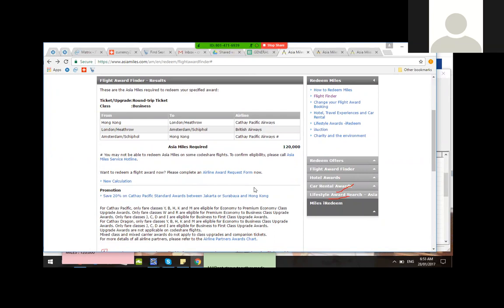So I either use KVS or the Asia Miles website, or I call them. Once I find out it's available, and I know what the flight numbers are, then I come to this flight award finder, and that's when you put in each segment so that it can add up how many miles it is